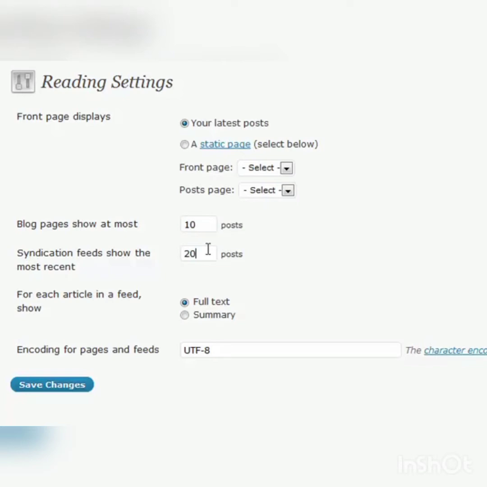A lot of times, I will actually put a higher number in here because I want anybody reading my feed to be able to see more posts and have access to more content. So I will actually put that at a higher number. But if you're using a feed for something of your choosing, sometimes you maybe want to put that at a lower number. And also, there's a feed section here that says for each article in a feed, show full